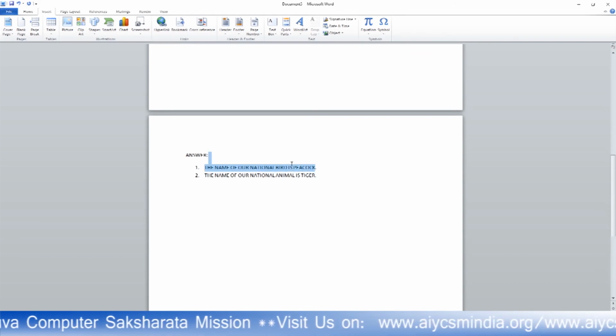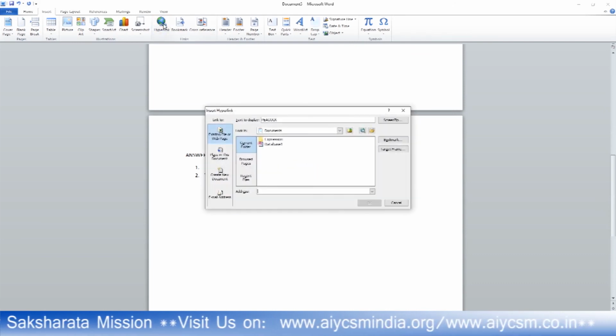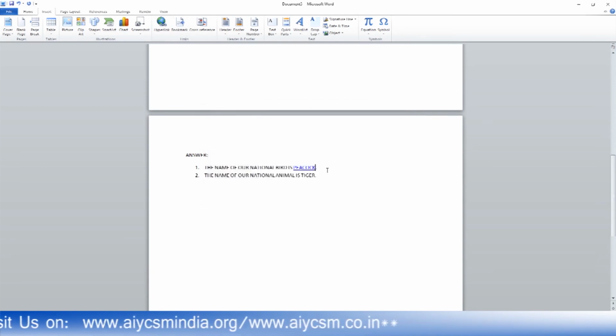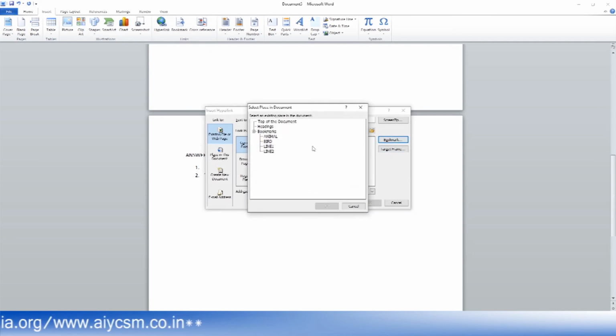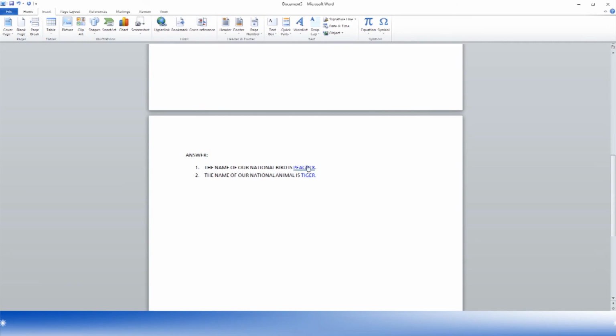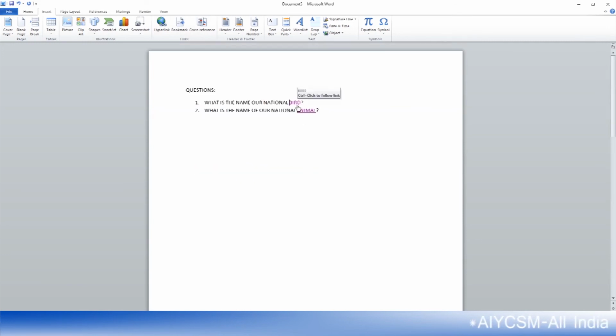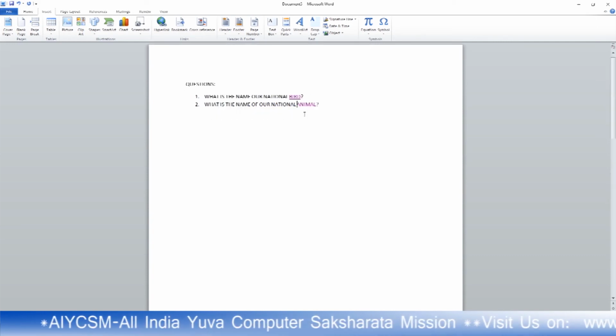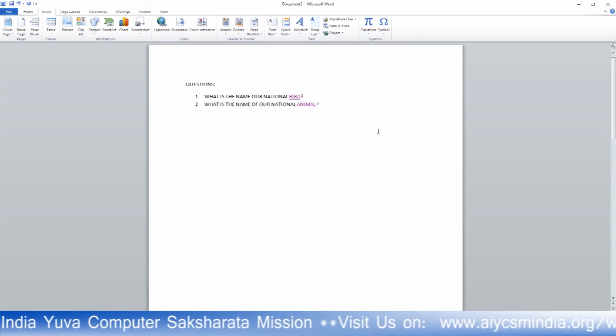add. Now you have to create the bookmark on the opposite side of the page. Select line 1, now select line 2. From the hyperlink you have to select your bookmark. Now from peacock you are just going to the questions, from questions to the answer, answer to the question. Press Ctrl, then click on the link.